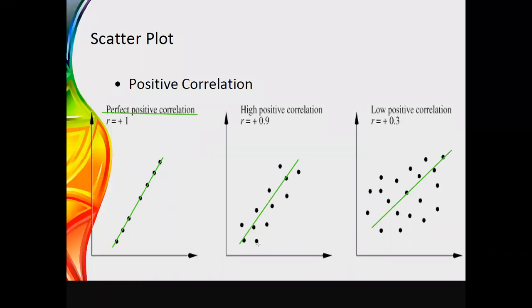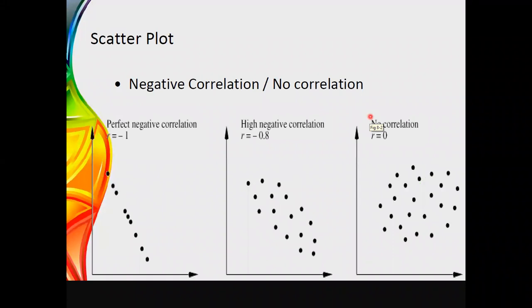But in the second one, most of the points are scattered very close to the fitted line. Therefore, we can say that there is a high positive relationship. And here you can see that the points are much more deviated from the fitted line. Therefore, we can say it is still a positive relationship, but a low relationship among these variables. This is how we identify the relationship using scatter plots. And if you see the next set of scatter plots, here again there is a negative relationship, and all the points can be fitted on the line.